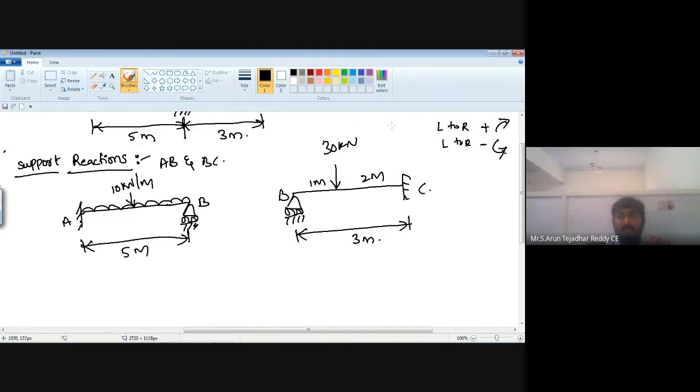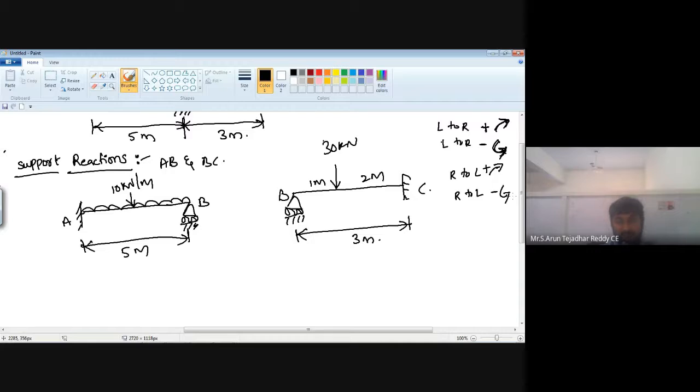Okay, left to right, positive value, consider clockwise. Again left to right, if it is minus value, negative value, consider it is anti-clockwise. Next, right to left also. See, the sign convention is different here, slope deflection method. Right to left also, if it is positive value, consider clockwise, and right to left, negative value, consider it is